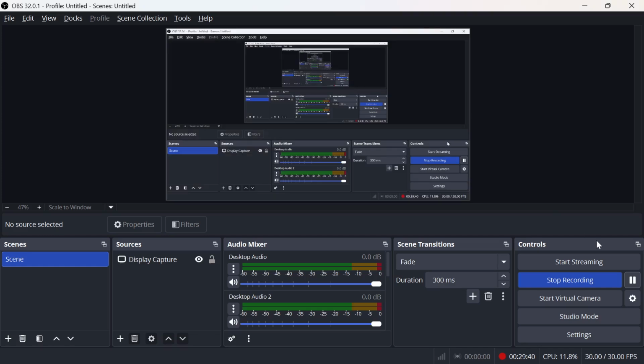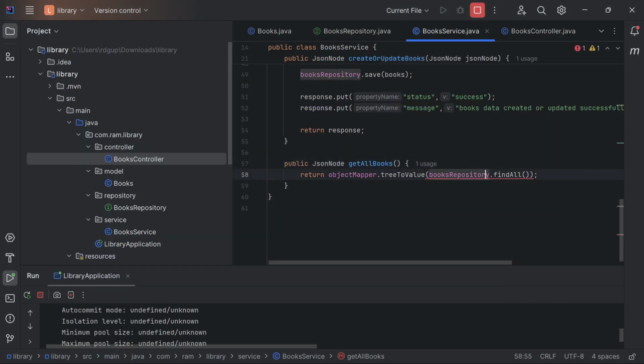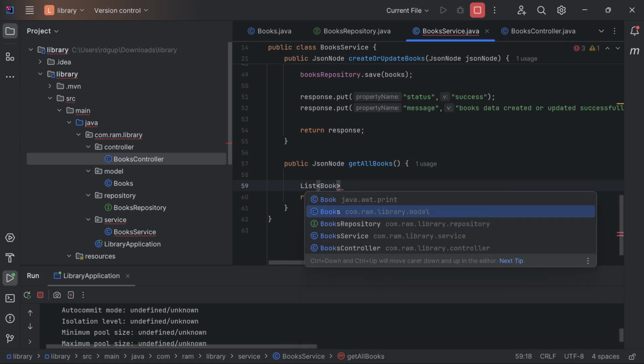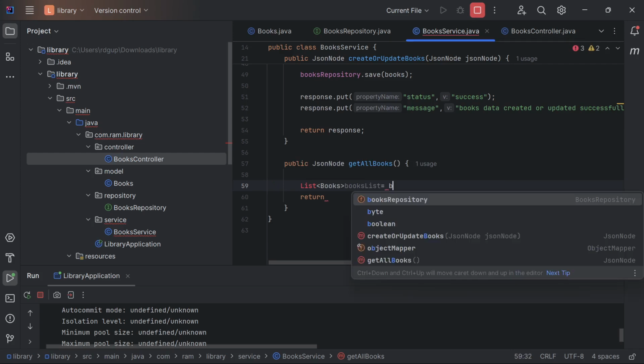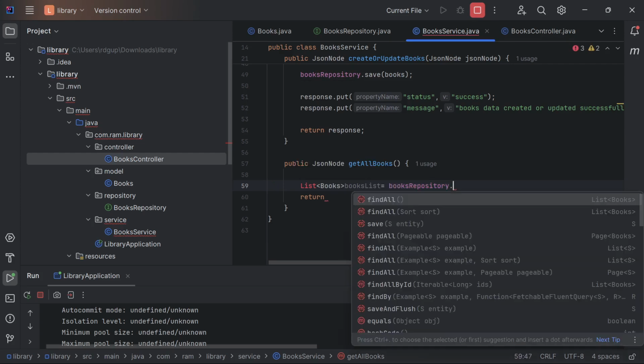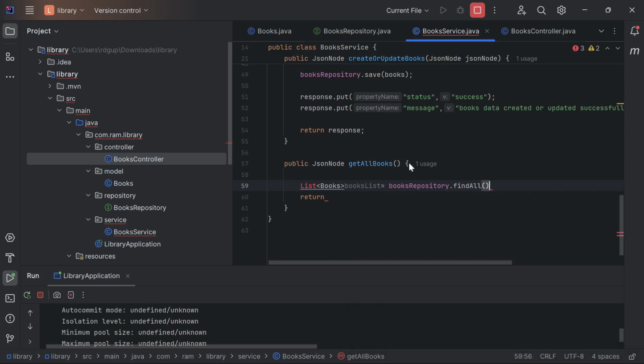Here, this is the wrong method. I need a list of books, list book repository dot find all,